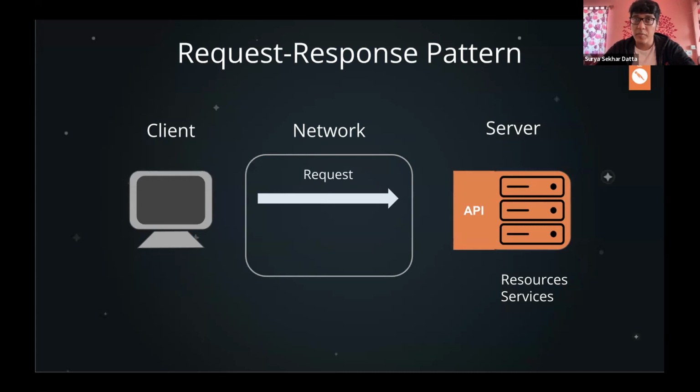And when you refresh your feed in Instagram, for example, that is a GET request where you are asking the server what latest images people uploaded. So the server basically responds back to you with the latest information, and you can see what people uploaded to Instagram.